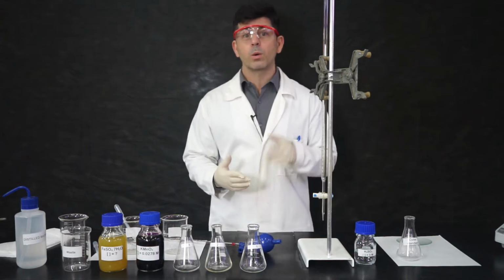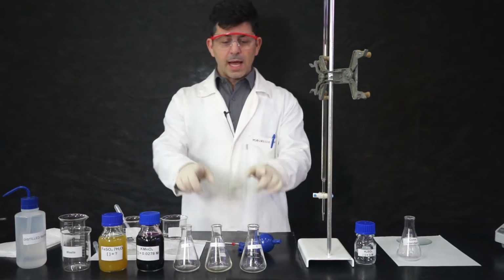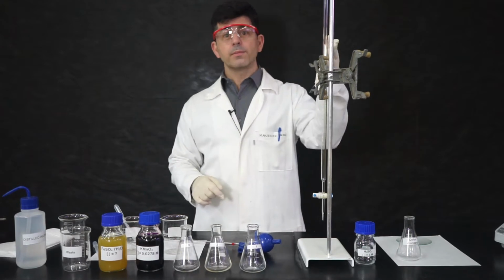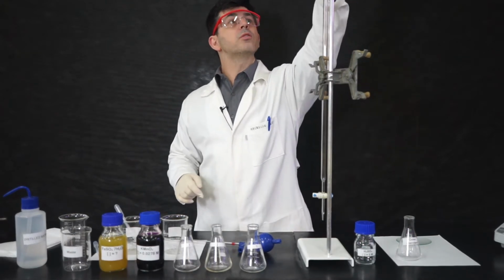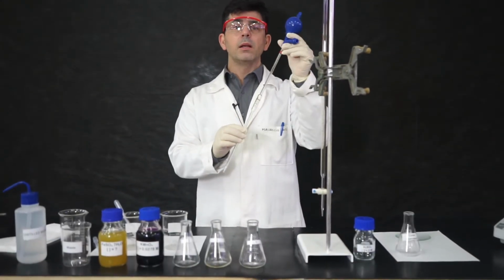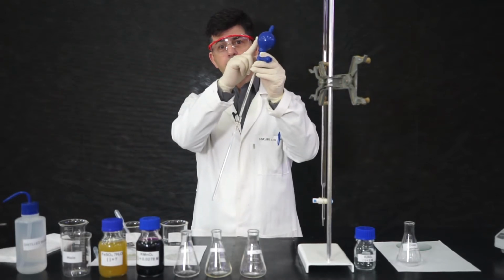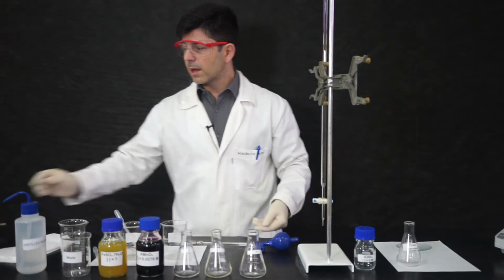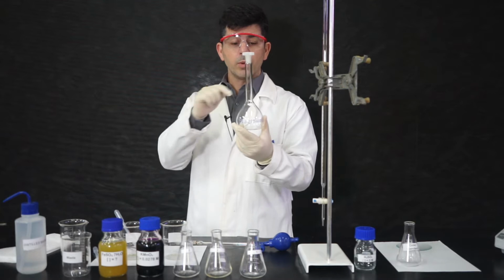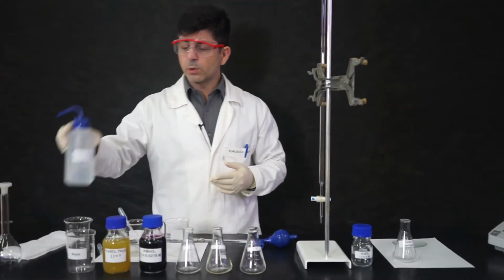Very first thing is, you're going to do a lab report on this. You need to understand what kind of equipment and materials we are using. We are using an Erlenmeyer flask for the titration. We are using a burette, a funnel to help us transfer the liquid. You will need a 10 milliliter volumetric pipette, a pipette pump. We will also need a 250 milliliter volumetric flask. This is how we're going to dissolve the ore. You will need distilled water,